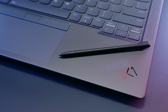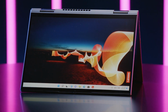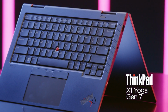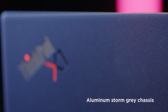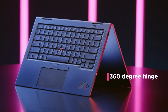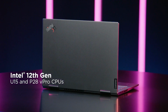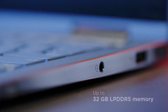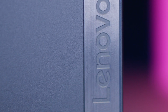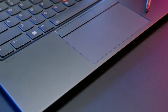The baseline model features a Core i5 1335U processor, 16 GB of RAM, a 256 GB solid-state drive and a 14-inch touchscreen with a 1920 x 1200 pixel resolution. It's hard to pin down pricing because Lenovo's discounts are constantly fluctuating, but at the time of this review, the base X1 Yoga was selling for $1,457. Our test system upgrades the CPU to a Core i7 1355U and doubles the SSD to 512 GB and costs